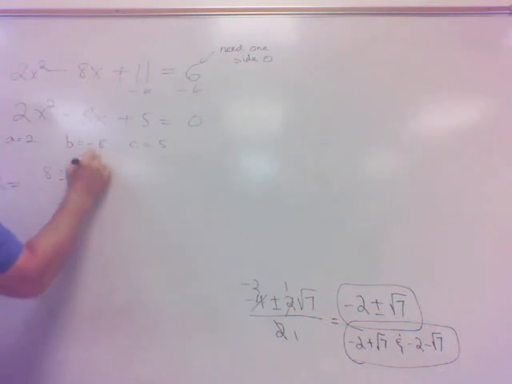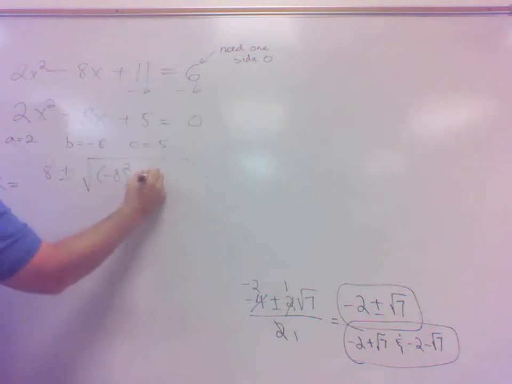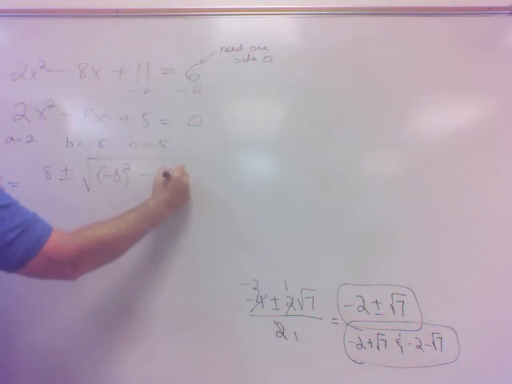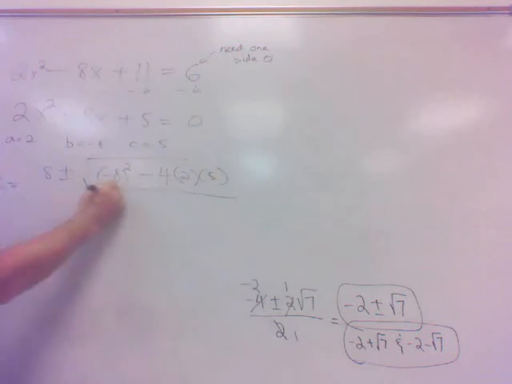Then it's plus or minus the square root of b squared, so I am squaring negative 8, minus 4 times a, which is 2, times c, which is 5. And then divide all that by 2a, 2 times 2. So this winds up being 8 plus or minus the square root of